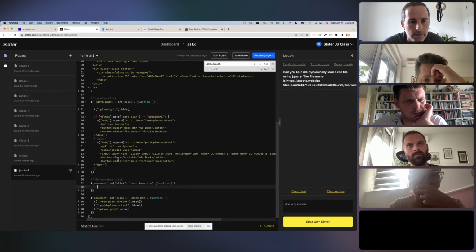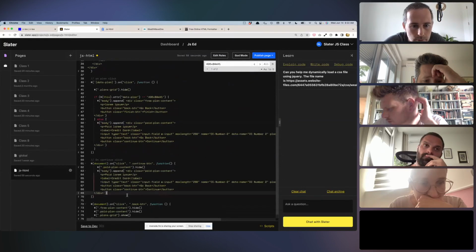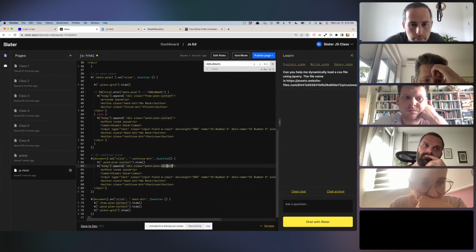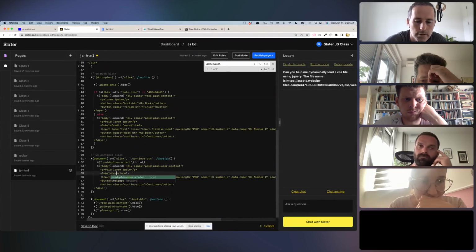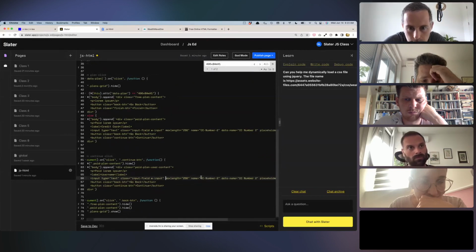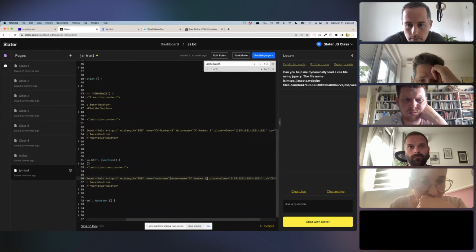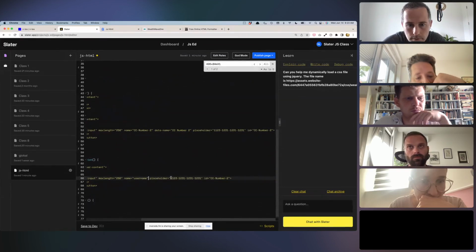So when we click on this, we're going to hide this paid plan content. And then we would append something new. So we would say paid plan, user, content. And this could be the username. And so we'd want to make a few updates here. Not that this will be showing. This placeholder would,